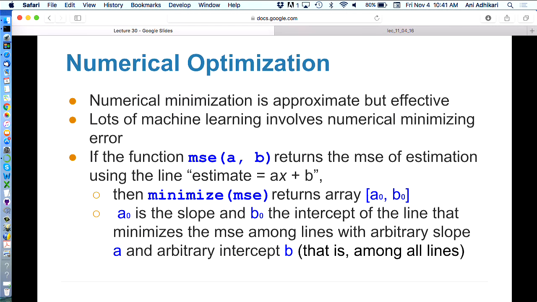We are going to use a Python function to do the minimization. Okay, so what is numerical minimization? Here, what I'd like you to do is have two images in your mind. You saw what we were doing. We were throwing in slopes and intercepts and calculating the root mean squared error, and then saying, oh, this one's bigger, we'll take the smaller one, and then do it again and take the smaller one. So we're basically doing trial and error. The Python can do the trial and error for us, and that's what minimize does.